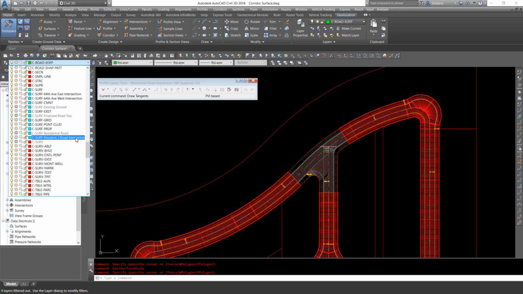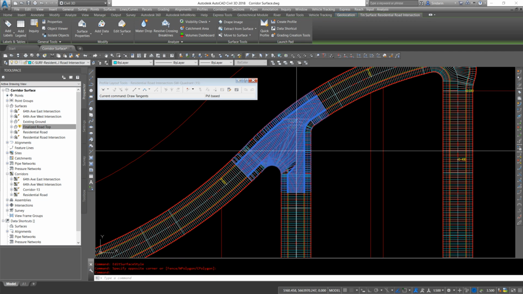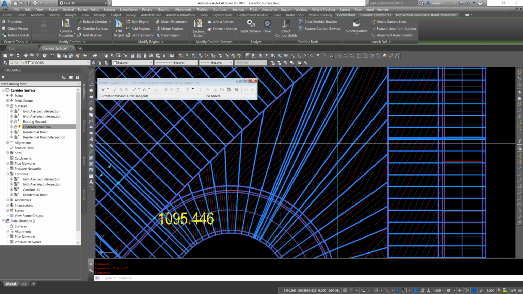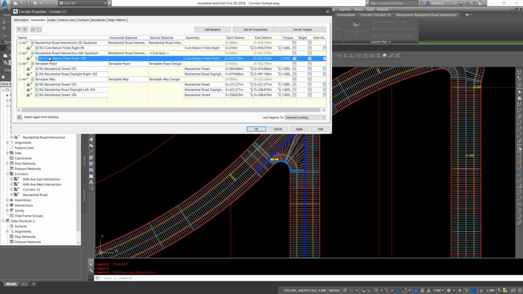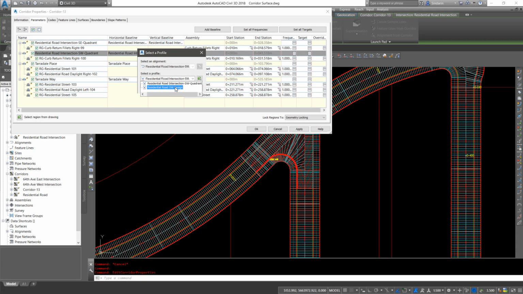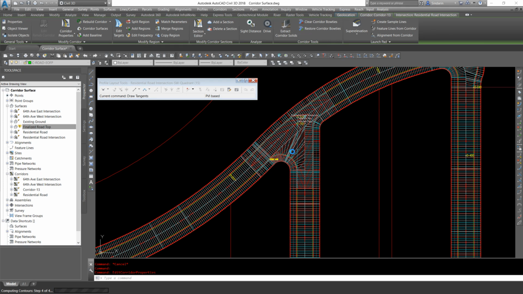through my layers, C-core. And I'm going to select this and go into corridor properties. Make sure you grab the actual corridor. Corridor properties, and this is the piece, and you can see here now we have no vertical baseline. So if we set this back up to our new design, okay, apply, rebuild, okay,